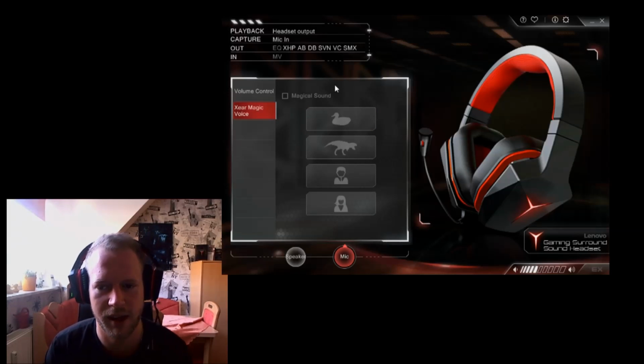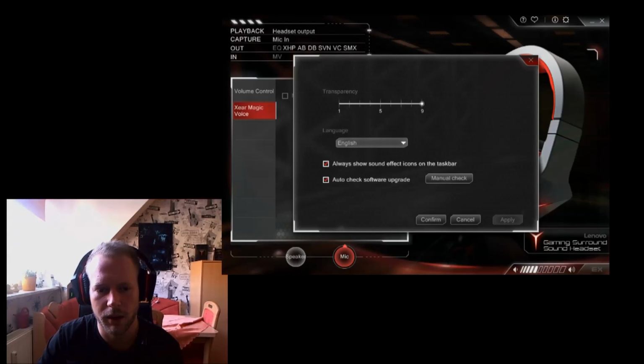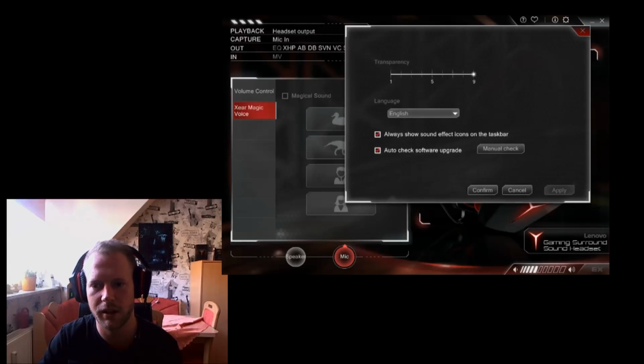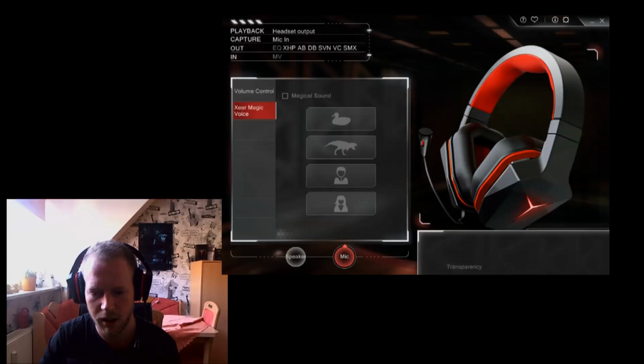Let's just put that off, because we want to have that normal voice sound, of course. Then we have some overall settings here on the top right. It's just this tiny ring. Here you can also have some transparency in your